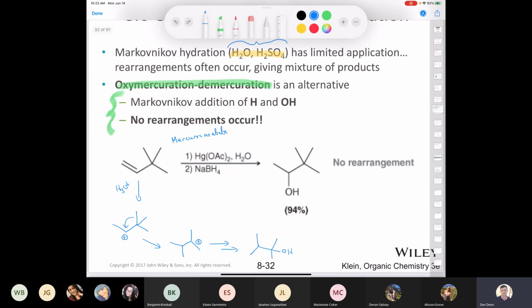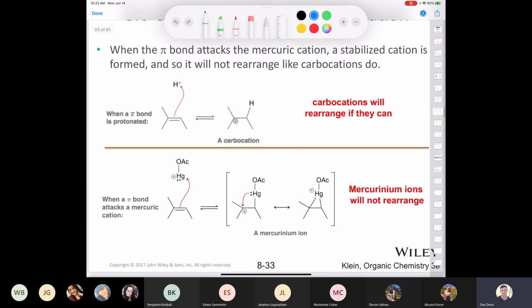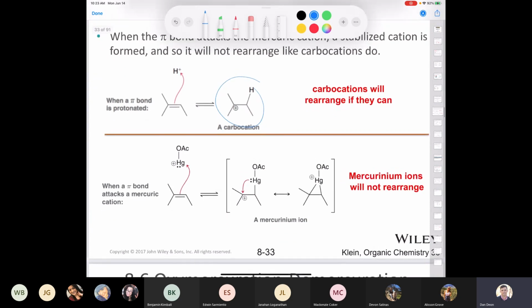And then in the second step, you treat it with sodium borohydride. So this is sodium borohydride. Now, what's interesting about this reaction, besides the fact that it's a Markovnikov addition, there's no carbocation rearrangement, and it occurs with a really high yield, is that the mechanism is not covered in gross detail in the class. Now, again, this is just rehashing it here. You can form a carbocation which can undergo a rearrangement, but what happens in the mechanism is that you actually end up with this